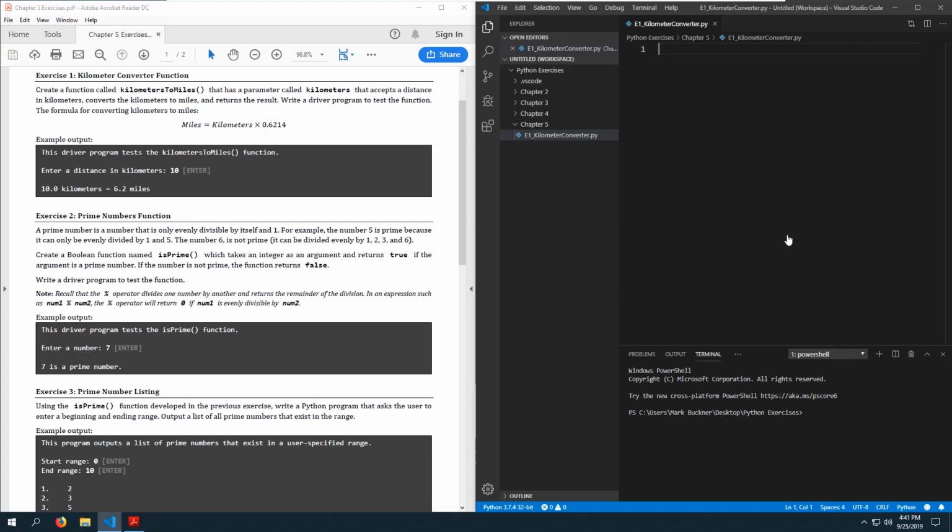So, exercise 1, kilometer converter function. And we're basically just going to write this function and then write a small test program to make sure it works properly. So our function is going to be called, I've said that we'll call it kilometers to miles. And it will accept one argument, and that will be the kilometers that the, in this case, the